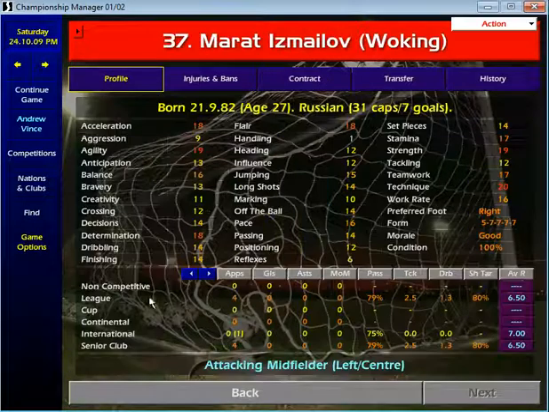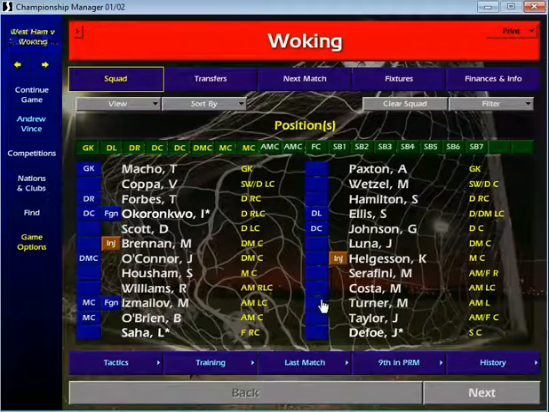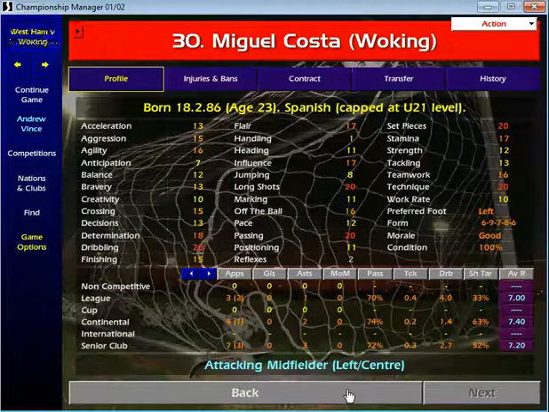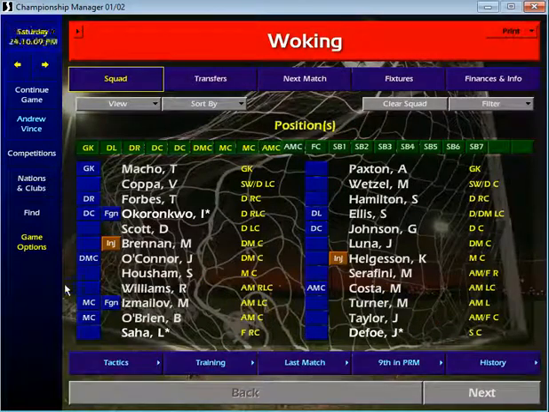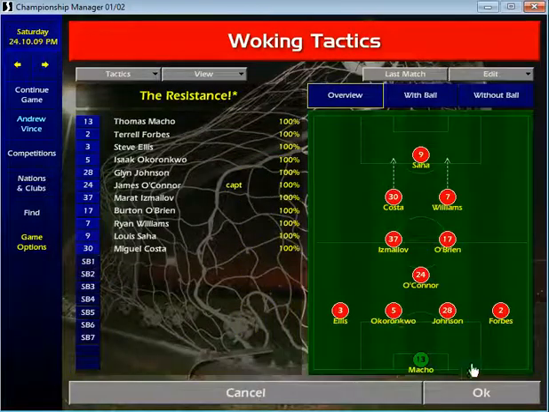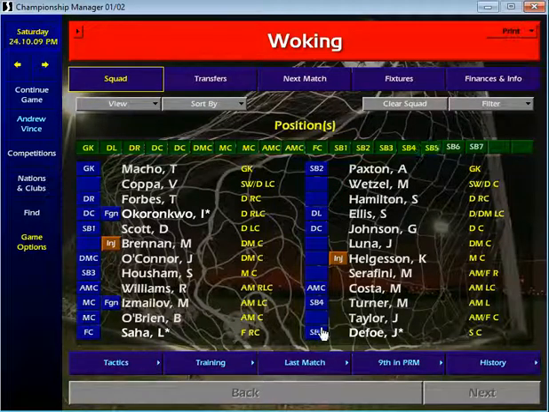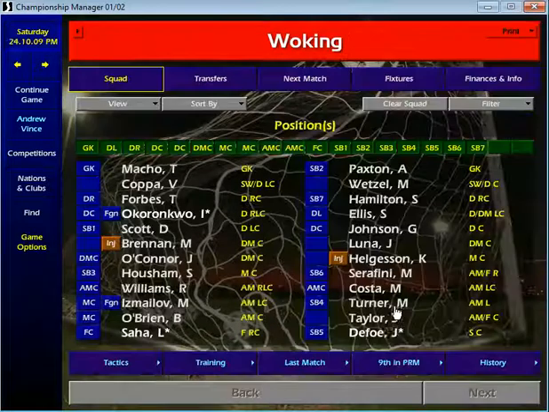O'Brien. I really do value the off the ball. Costa hasn't done much wrong. Come on, let's go: Costa, Williams, Saha, O'Connor, captain for now. Scott, Paxton, Howsham, Turner, Defoe, Taylor, no, Serafini, and yeah, Hamilton. Alright,